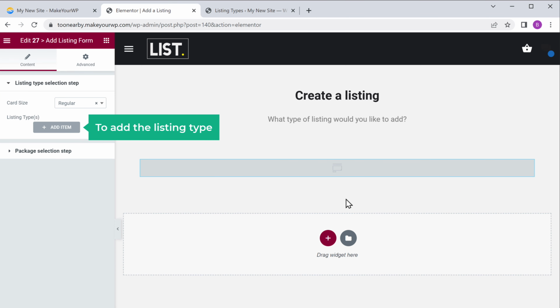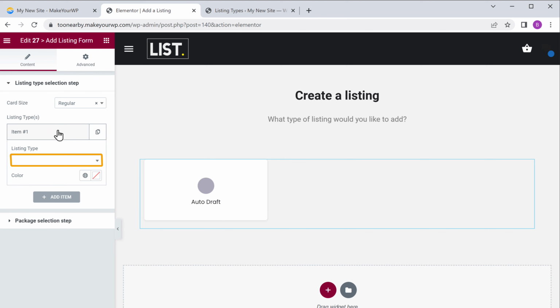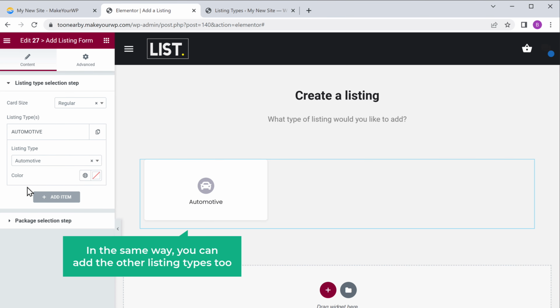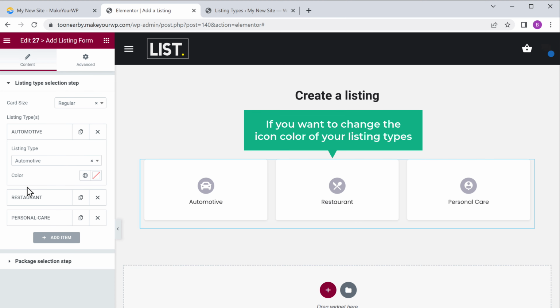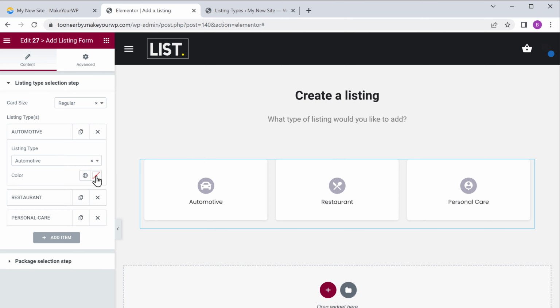Now to add the listing type, just click add item, then click here and select the listing type that we created. You can see that our listing type has been added here, and in the same way, you can add the other listing types too. Now if you want to change the icon color of your listing types, just click here